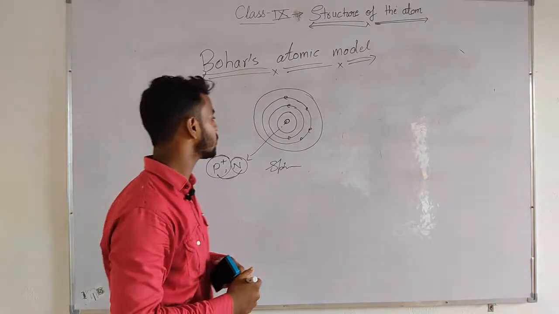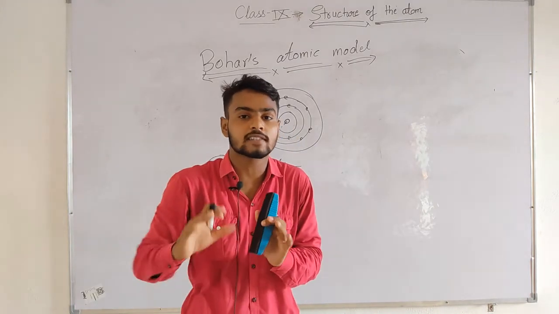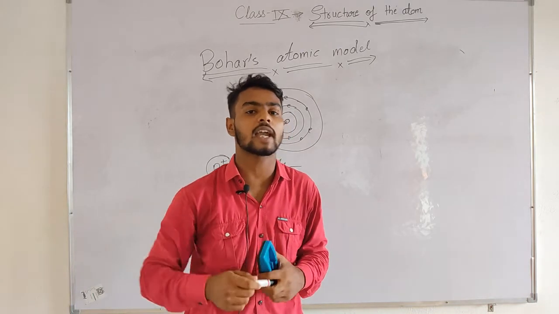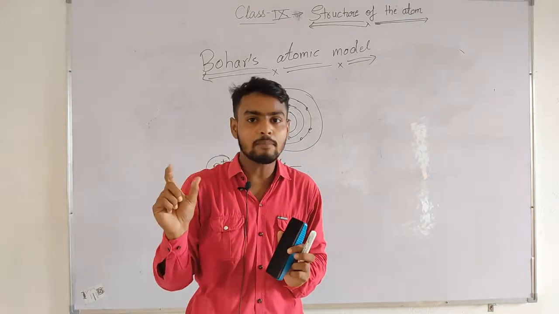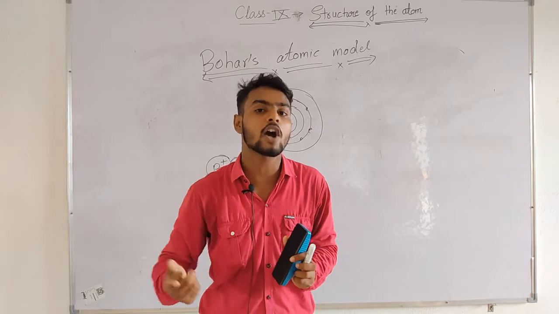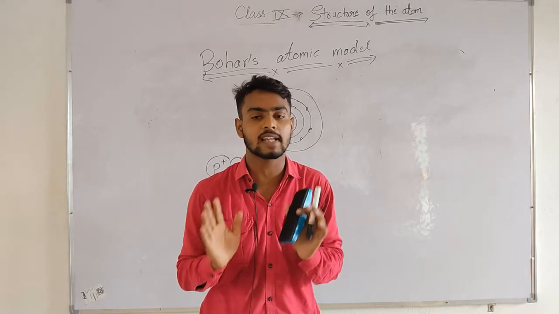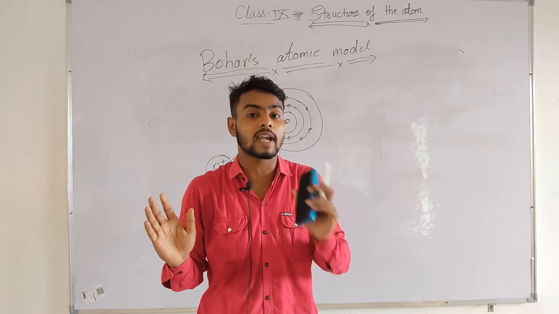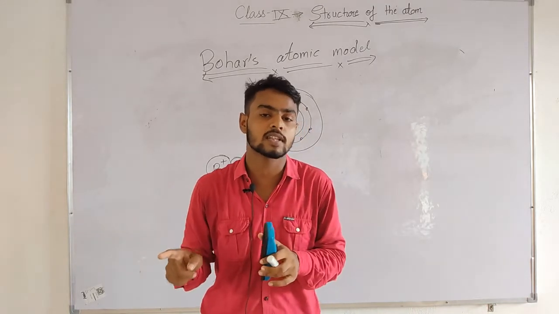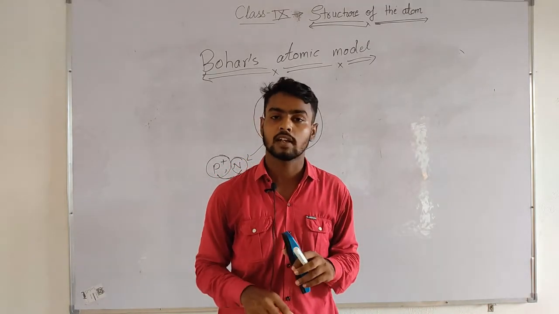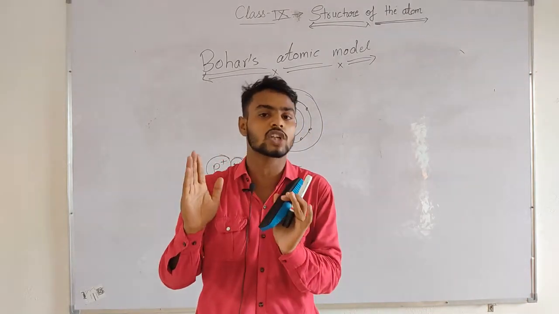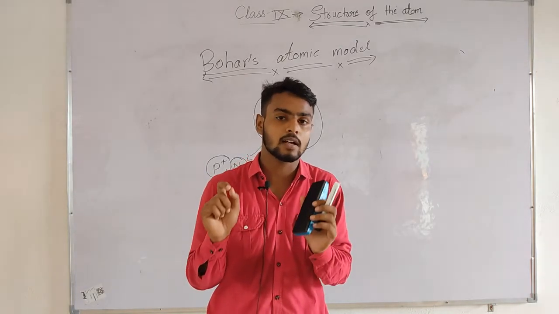So now we are going to know how Bohr's atomic model distributes all the electrons in their shells. We are going to learn step by step, and also about the elements and how they show positive and negative charge. We know that when two elements combine, the first element will have a positive charge and the second a negative charge. In this situation the two elements will react with each other, otherwise the reaction will not be possible. If the two elements have the same charge, they will never react with each other.